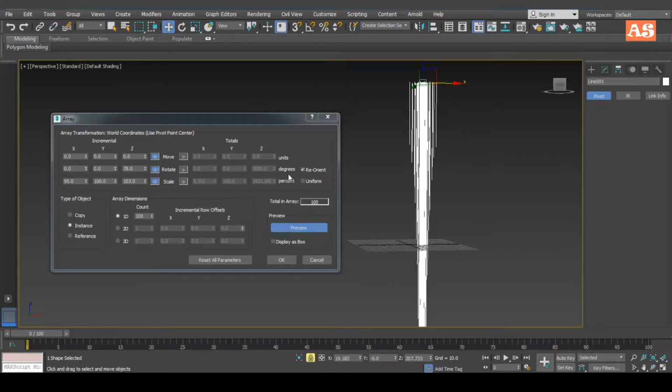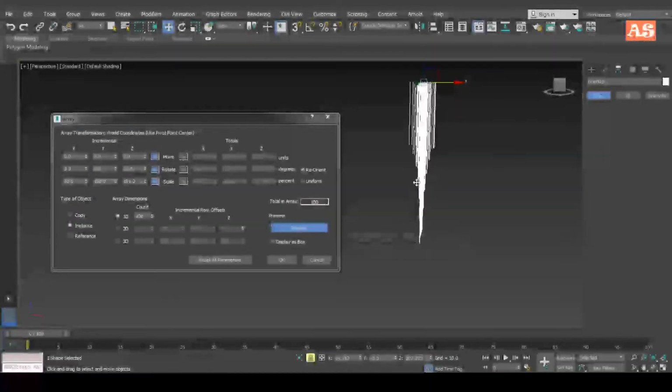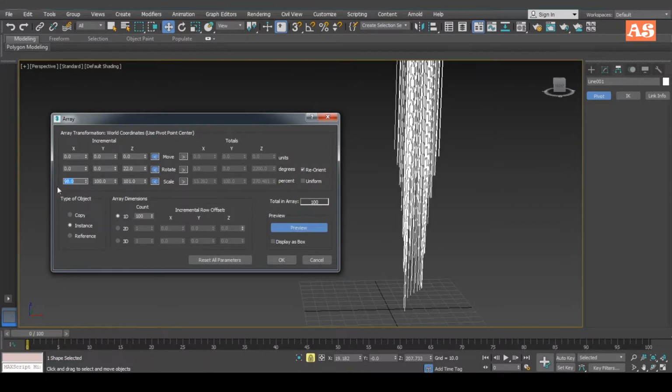And if you feel this is right, maybe this value is okay, and maybe this is a good value for us. Maybe it is looking very close in the center, so we can change the scaling